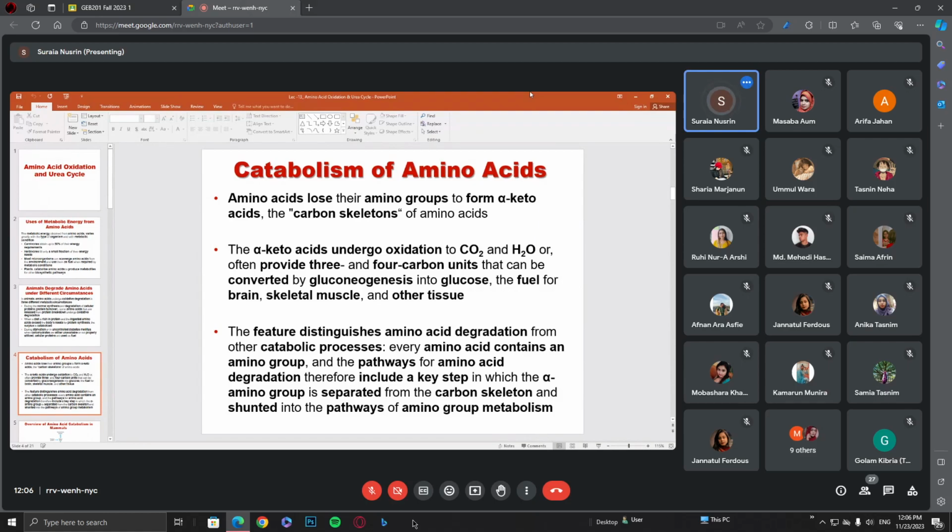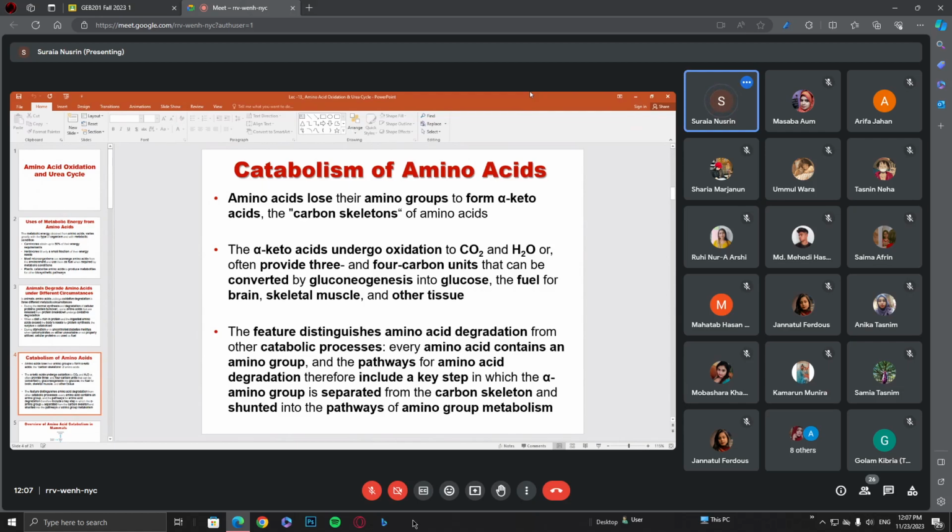But the amino group is the one containing another atom, which is nitrogen. Then this alpha keto acid can undergo oxidation through the TCA cycle that we have learned, where there will be production of carbon dioxide and water. Or the alpha keto acids are converted to 3 and 4 carbon compounds, and those 3 and 4 carbon compounds can be used to synthesize glucose by